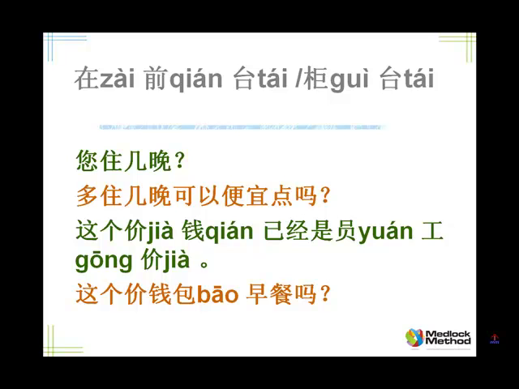Right, let's review with a bit of ask me, tell me. Ask me, how many nights are you staying? 您住几晚. Tell me 3. 3晚. Ask me, if I stay longer, can it be cheaper? 多住几晚可以便宜点吗. Tell me, this price is already the employee price. 这个价钱已经是员工价。